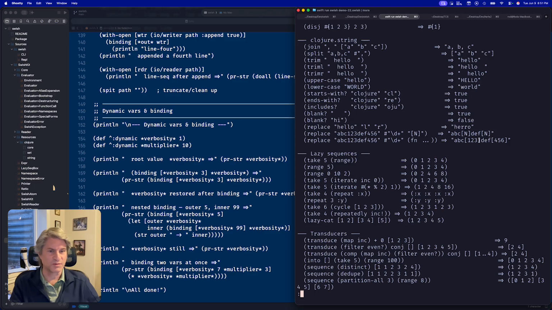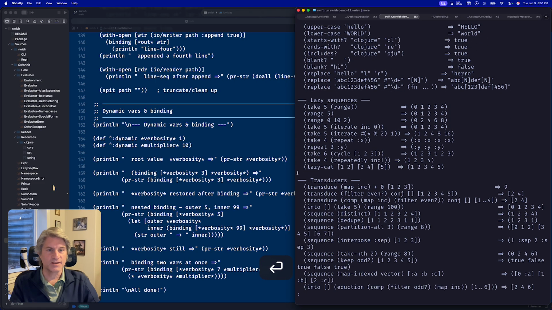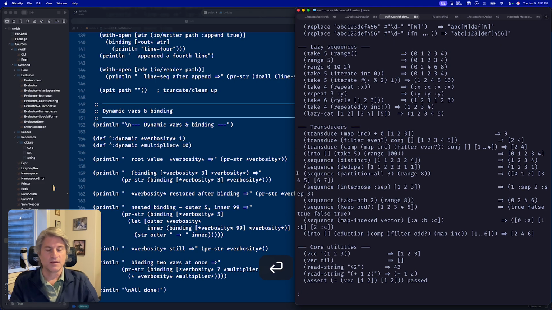Our function must be just for putting brackets around that number, what it matched. Lazy sequences. Take 5. Range of 5 gives 0 to 4. Range 0 to 10 stepped by 2. Take 5, iterate by inc of 0. Take 5, iterating a function of